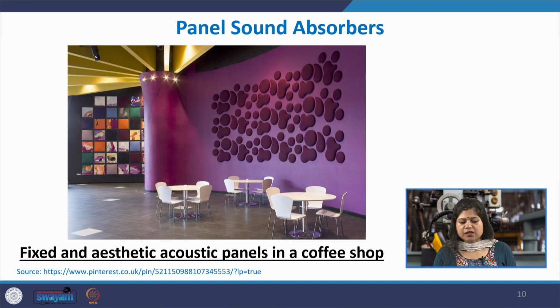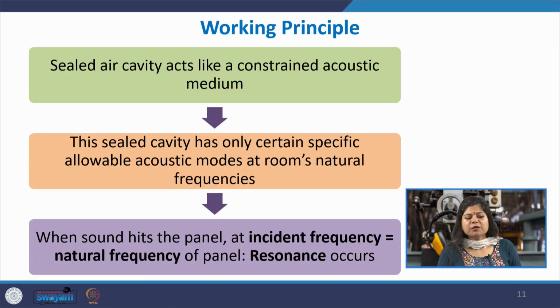Here also you can see in the coffee shops, it seems like they are adding so much aesthetics, but they actually serve the purpose of again absorbing the sound. So, what is the working principle behind this? In the panels you have some sealed air cavity, and it acts like a constrained acoustic medium. So, whenever you have any kind of cavity with an acoustic medium such as air, and it is confined on various sides,